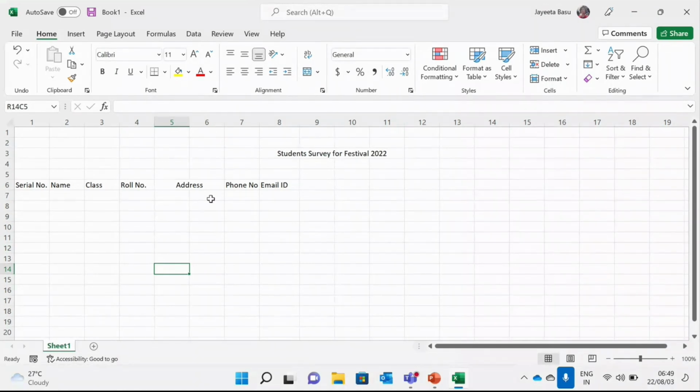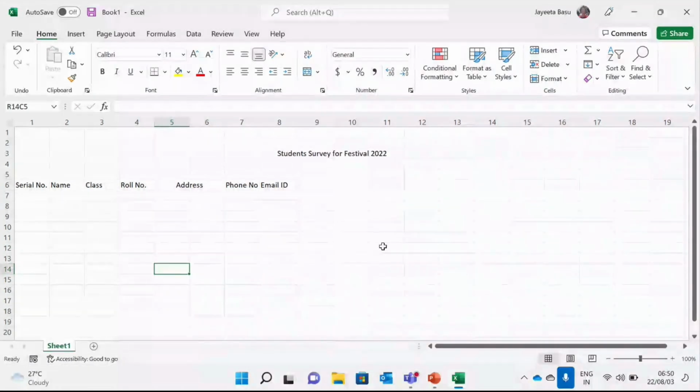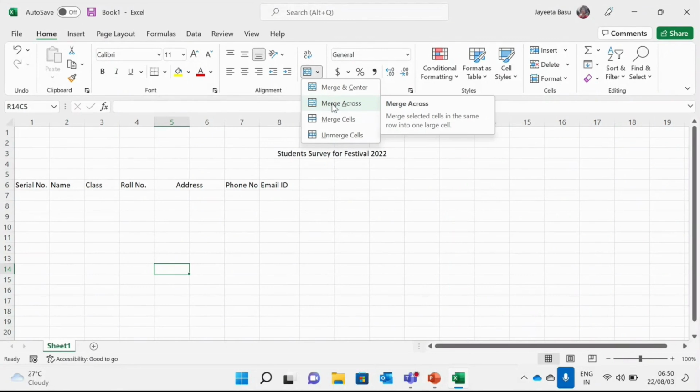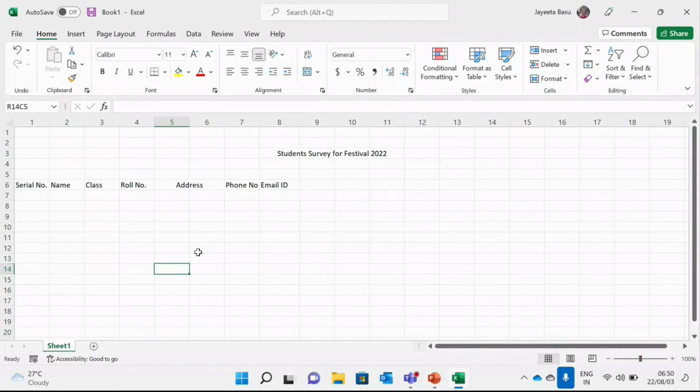If you already have data, add rows, add columns there because that will help you out a lot when you are trying to do this merging, right? So that actually helps. Now, let's see what the other merge option is. The other thing that you see is merge across. What is merge across? Merge across is when you select the cells in the same row into one large cell. For example,